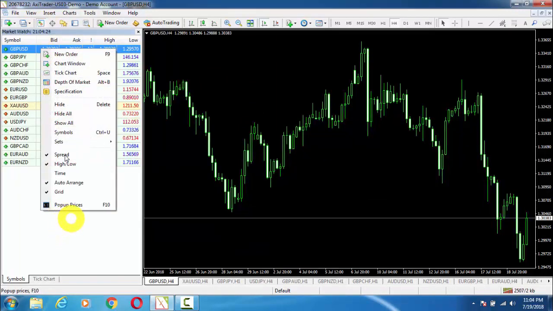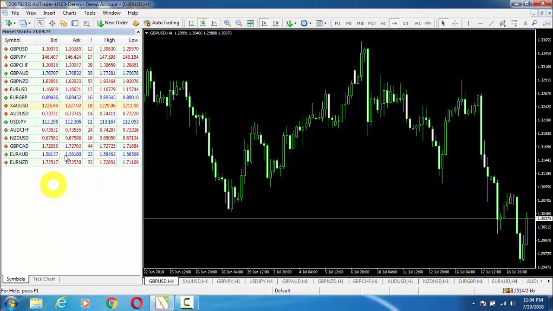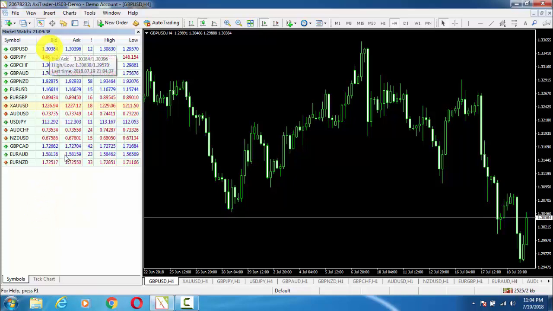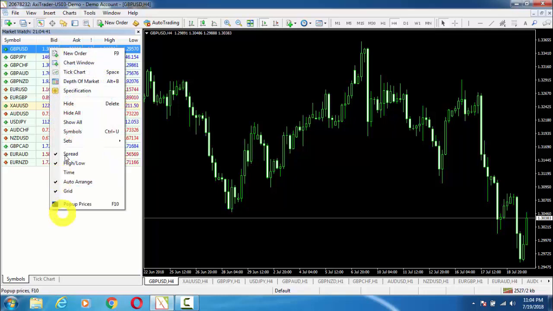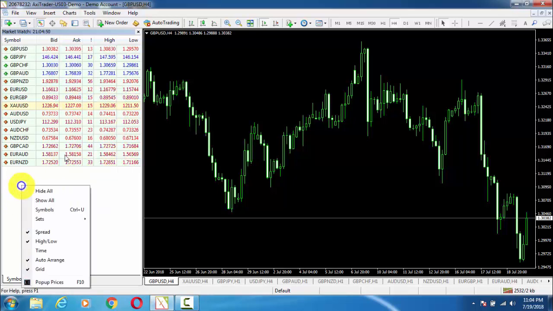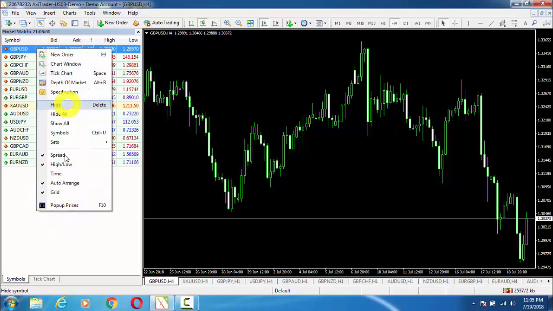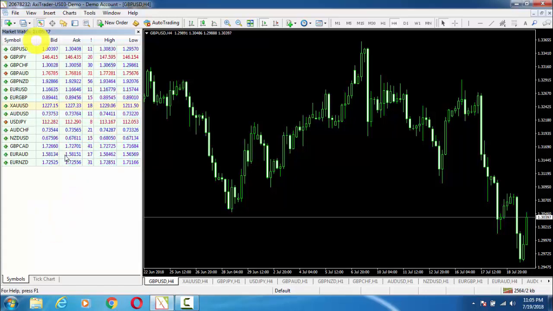So now all our options are completed. Now keep one thing in mind: if I click on this blank space with a right click, I will get a few options here. But if I click by highlighting GBP USD and then right click, I get different options, more options, full details of that symbol. In the blank space there are fewer options; by clicking on a symbol I got more options. So this was the explanation of market watch with full details.